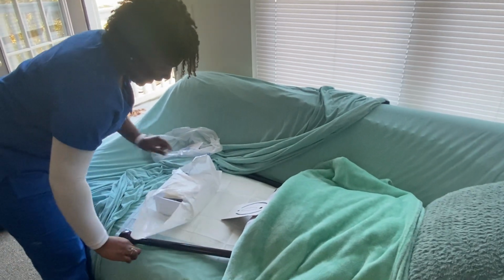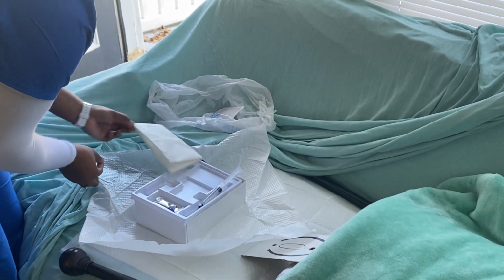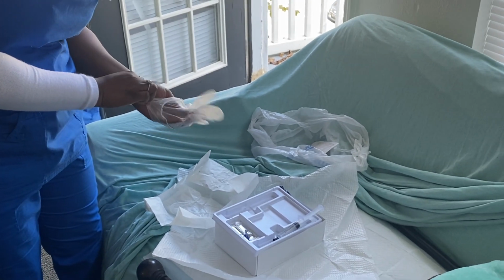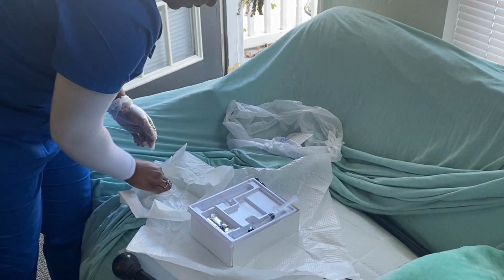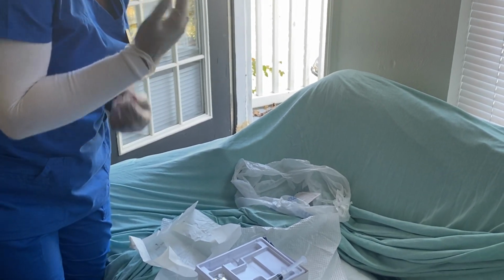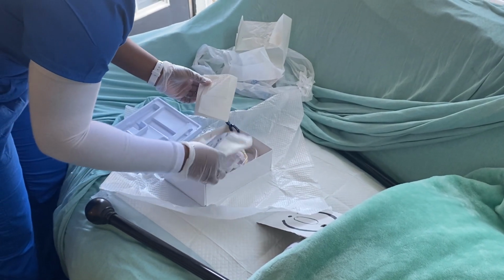All right, now I'm gonna peel back the thing to make sure I'm doing it sterilely. Now I'm gonna get my gloves, and I'm gonna put them on with the correct sterile technique. Equipment that I need, and now I'm going to place this padding